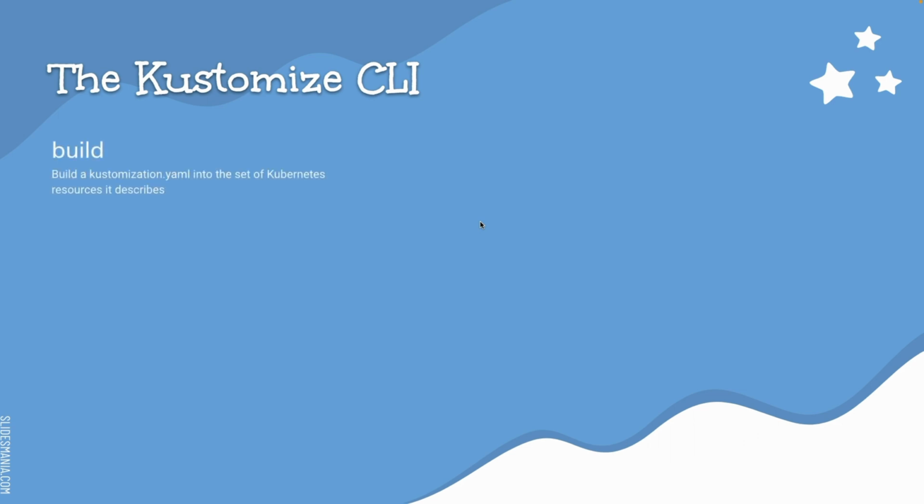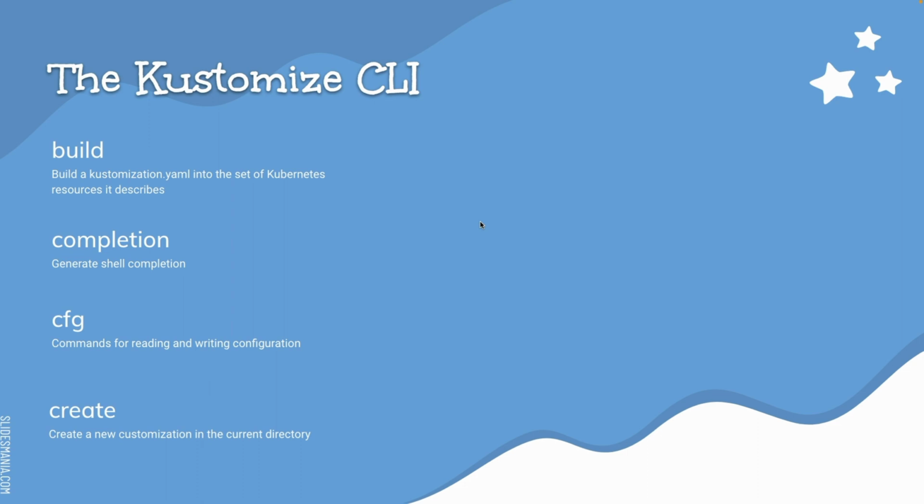we have been using in the last couple of videos to be able to run hydration on a set of Kubernetes manifest resources from our customization file. We're going to take a look at the completion command as well, which we can use to generate shell completion scripts. The config CFG, which is used to read and write configurations. You have the create, which you can actually use to create a customization file